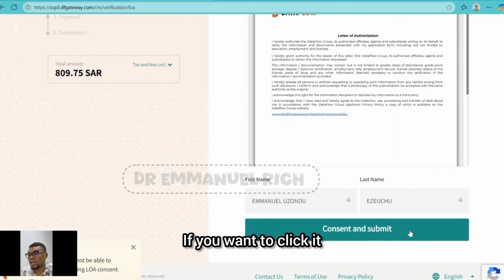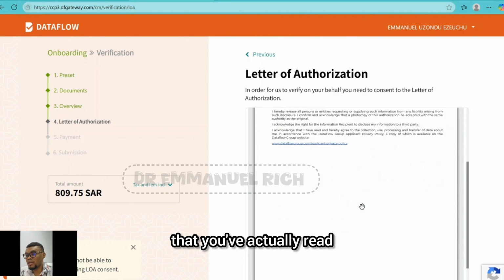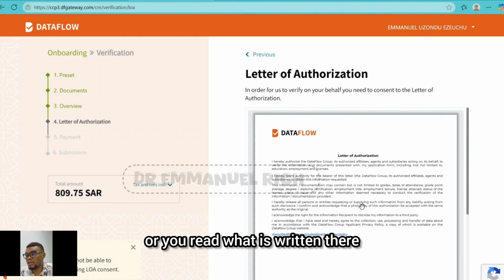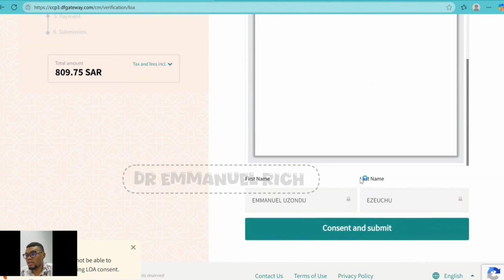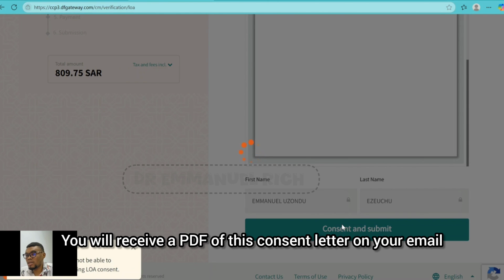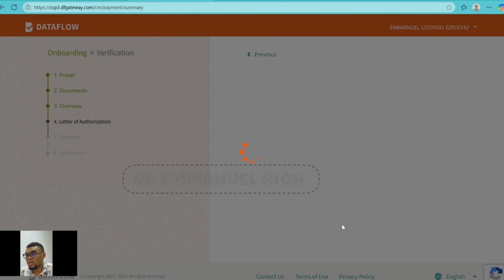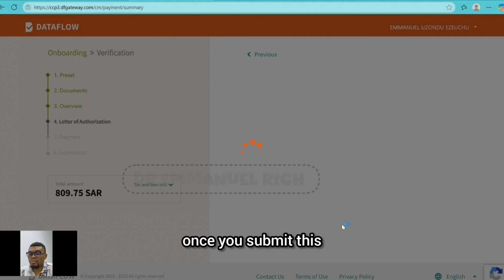If you want to click it, it might not click until you move this letter, so that it will show that you've actually read what is written there. Okay, so submit, consent and submit. You will receive a PDF of this consent letter on your email. So once you submit this,